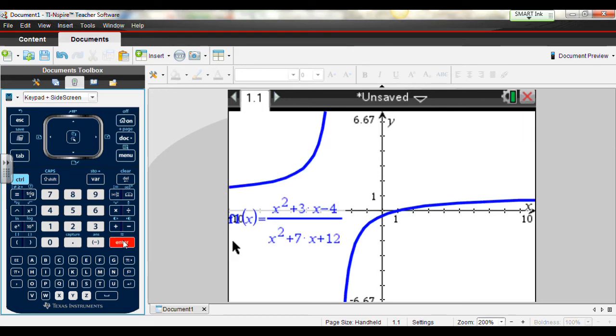So I can hit enter, and this gives me an idea of what my graph is going to look like. I don't see either one of my asymptote lines, but I do see what those boundary lines are doing to my graph. So I'm going to go into my table,